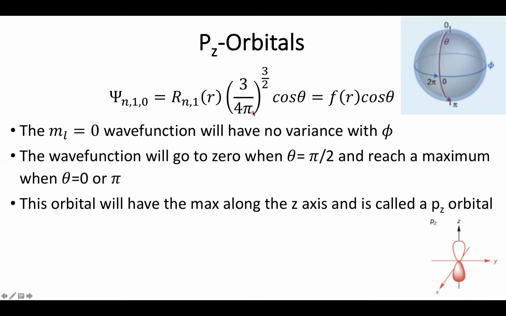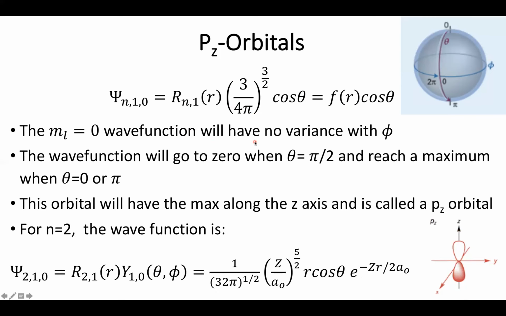harmonics for the pz orbital, I can then make this work for the n equals 2 system. So this is my 2pz orbital, where I can insert my radial wave function, combine it with my spherical harmonic, and I get what's honestly not too bad of a function. I have a rather messy normalization constant that is going to actually depend upon the charge of the atom. I have a dependence with r. I have a dependence with